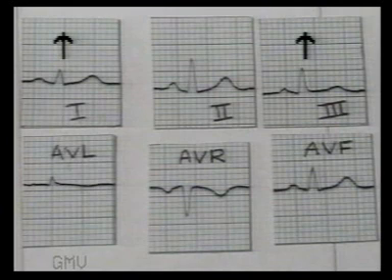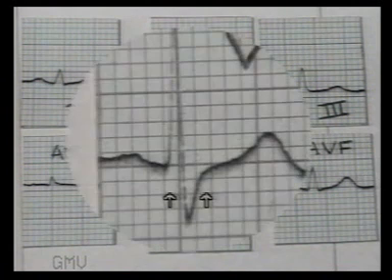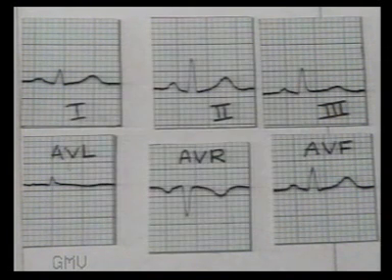Here both leads have upright QRS complexes, which is normal. Then measure the QRS interval in the lead in which it is most wide and clear. Generally, QRS is 2 to 2.5 mm wide. If it is more than 3 mm, that is 0.12 seconds, study whether it is left bundle branch block or right bundle branch block. Then look for pathological Q waves in anterior, inferior or chest leads.